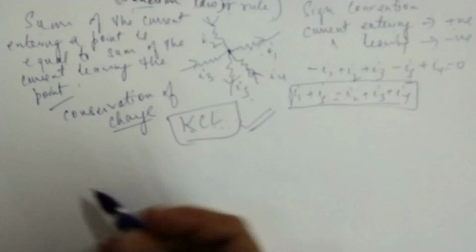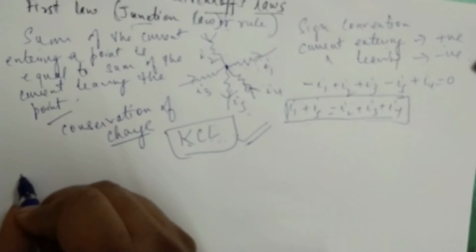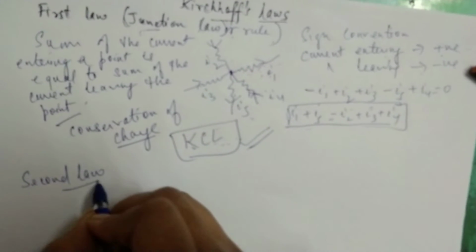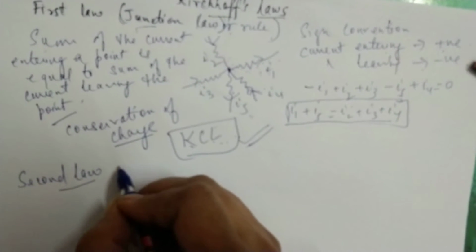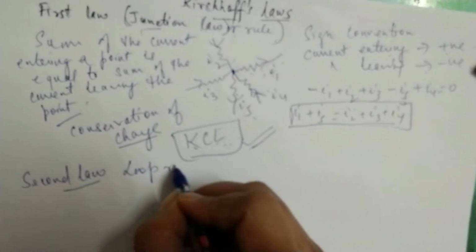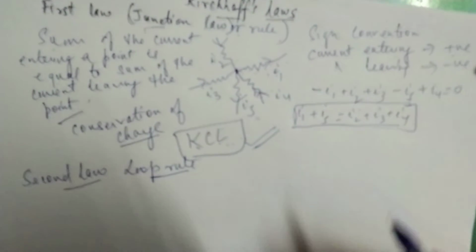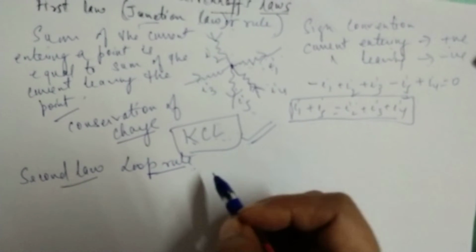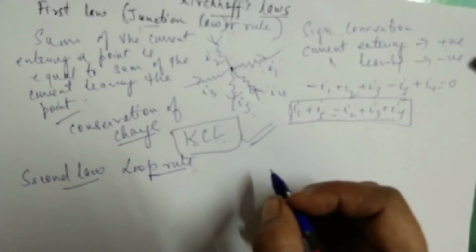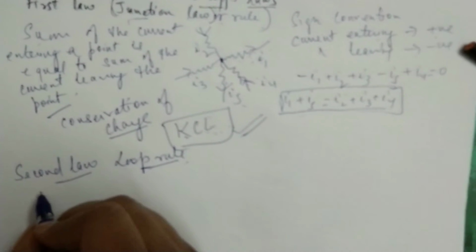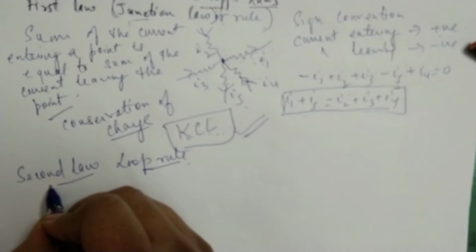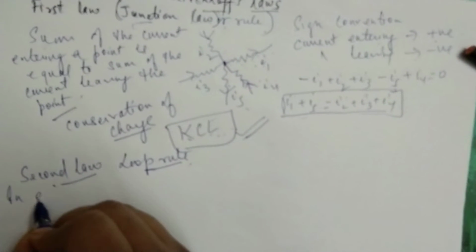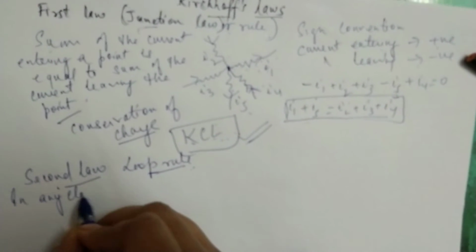In numerical problems we are going to use it very often. Now the second law, let's do the second law. The second law is also known as the loop rule. When we write the loop rule, we must take a closed circuit, which is very important here, and generally in any closed loop,